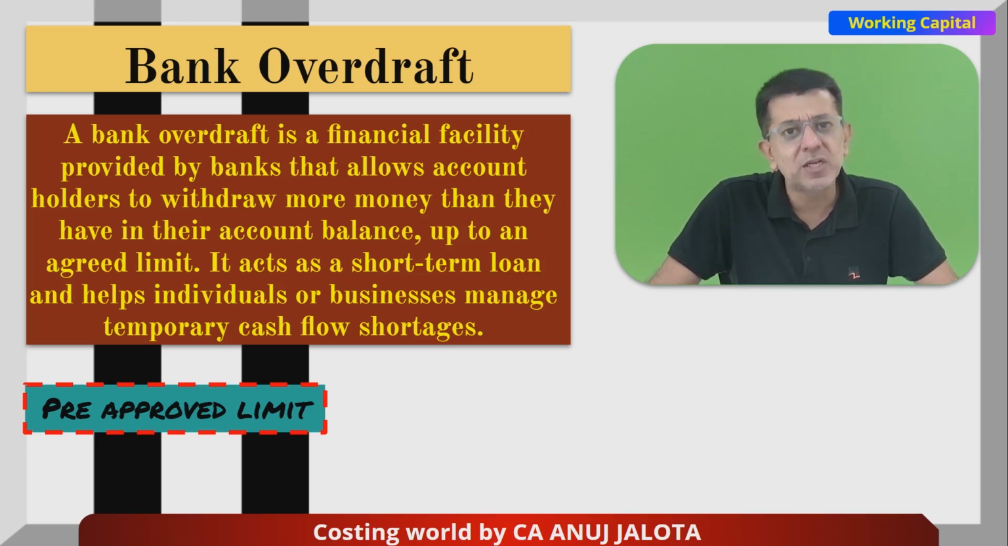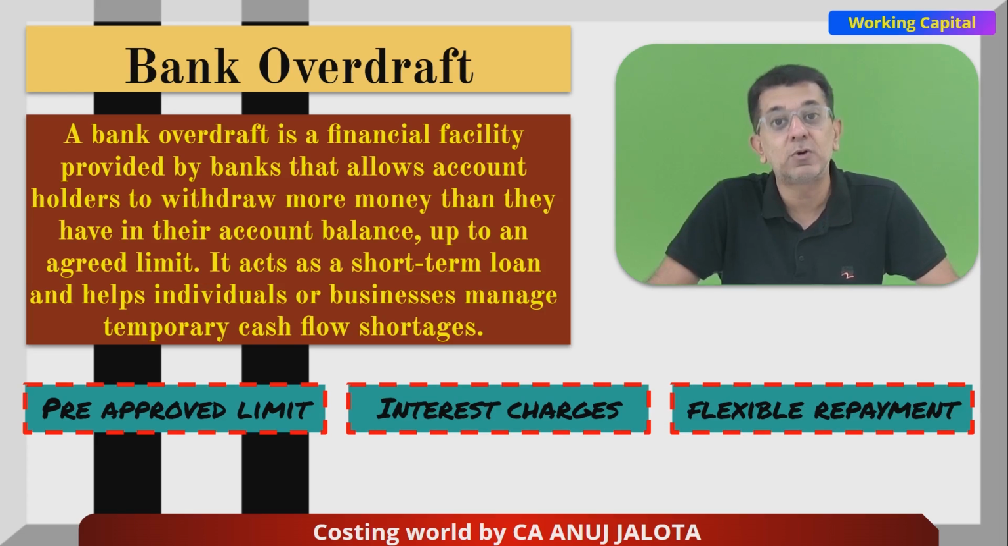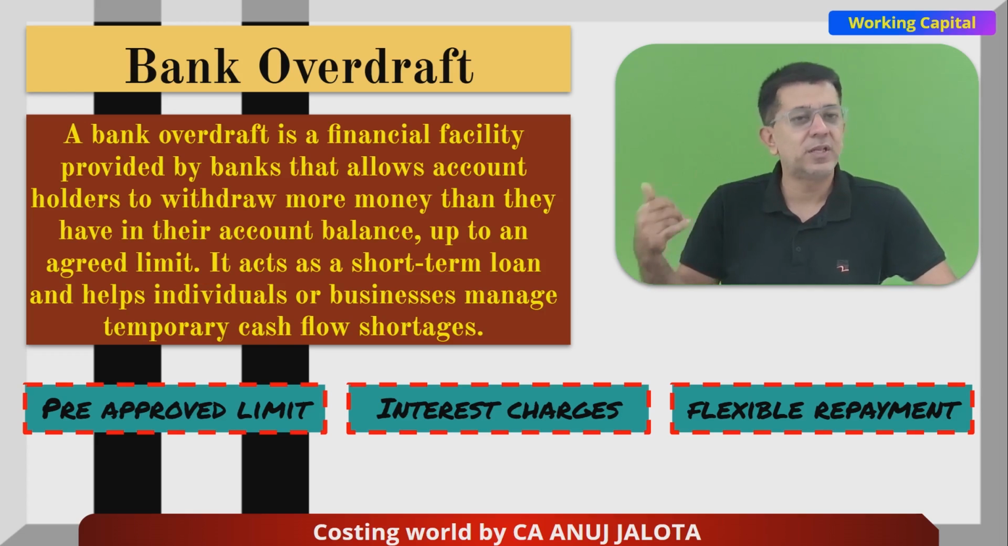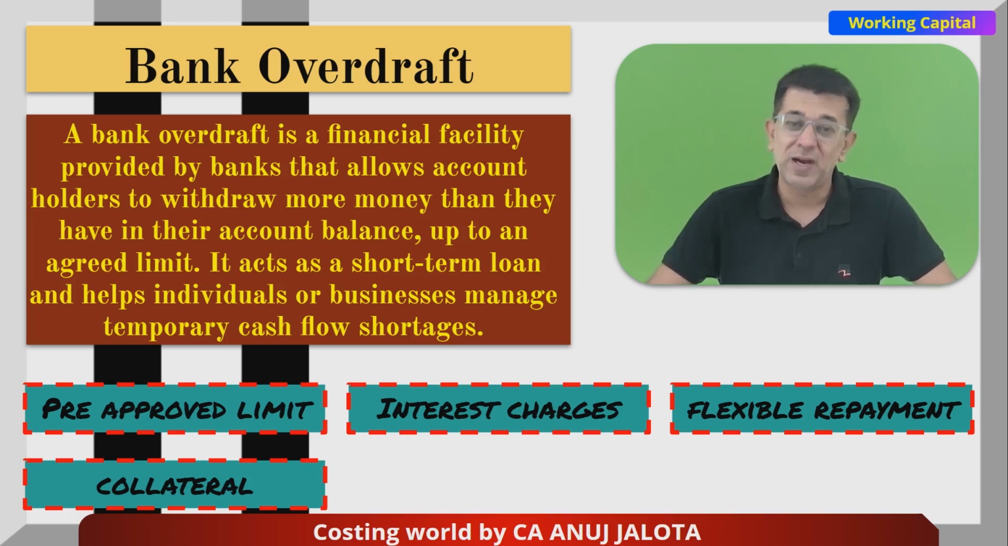50,000 you had plus 2 lakh rupees of bank overdraft. Interest charges are usually high, okay, because the bank has to be earning money out of it. Flexible repayment, as I told, there's no repayment schedule. As and when your business keeps happening, inflows will be more than the outflows, you can repay the things. Then collateral mostly will be needed, but it also depends upon your credit score, your past history, your relationship